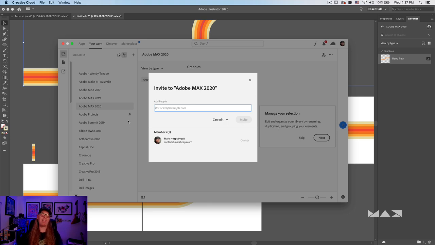And then when they drag that out or double click on it in their library, it will open in Illustrator and that brush will automatically show up in their brushes panel. So when that shows up for them, they can continue working on a project using the same scale, the same assets that we did when we were working. All right, that was a quick one. I know we don't have a lot of time. Let's dive into the next project.